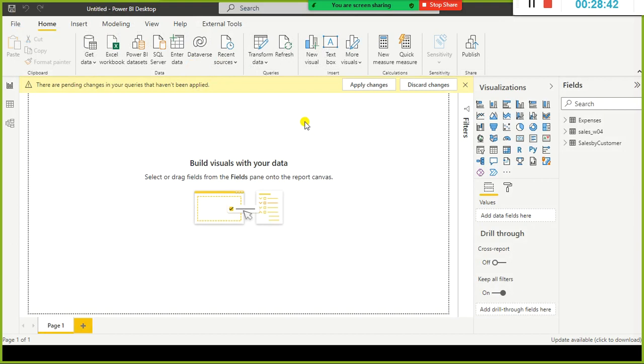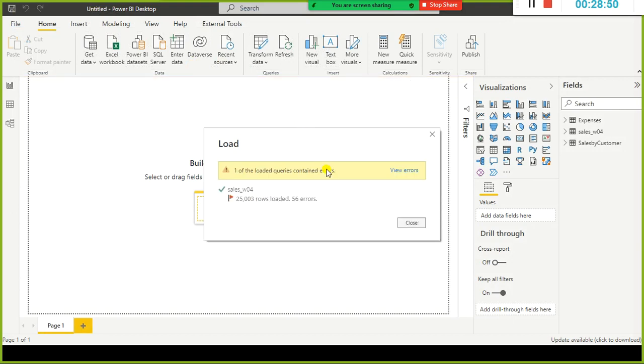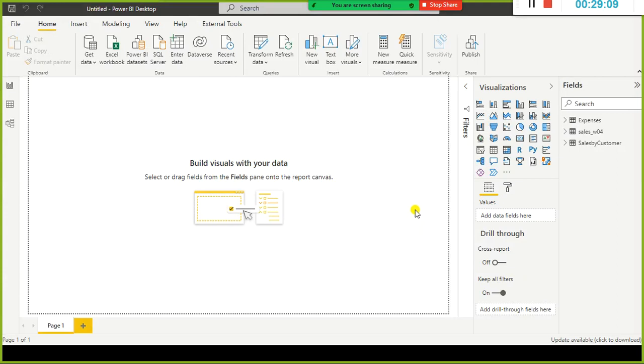Next, we will work on a use case. Few errors. I'm getting one, it contains errors. One second. What error is that? Okay, when we did some transformation, we did not do it properly.